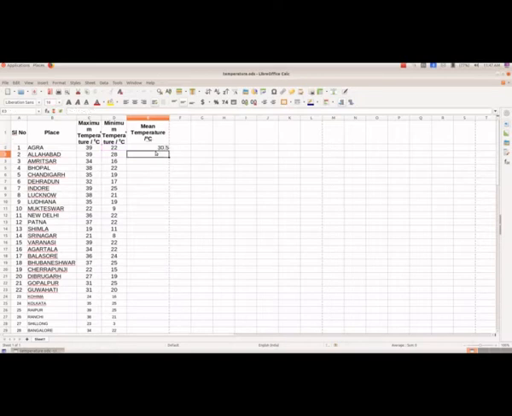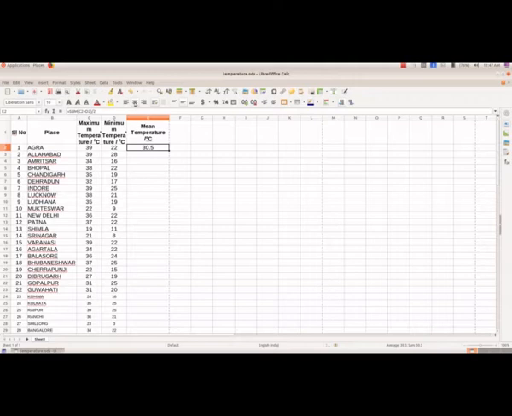So the sum of these two values divided by 2 will give you the mean temperature or the average temperature, and we want this in the center. So after selecting, we will select align center.